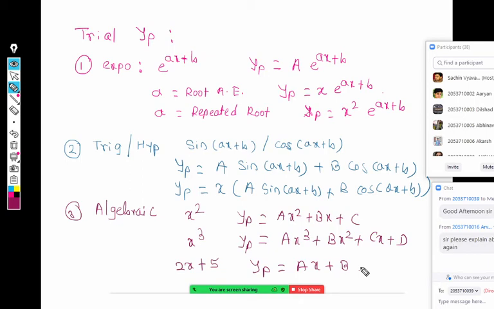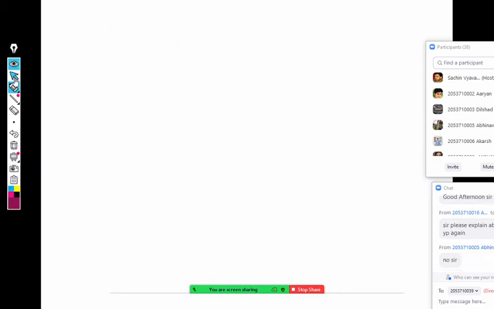I'm getting very few responses today. What's the problem? No one is talking, only Ankur is giving me some answers, but others are completely mute here. Hardly 10-15 minutes are left, and we are going to finish this session. If you have a doubt in this method, you should ask. Any doubt? No doubt. Okay.